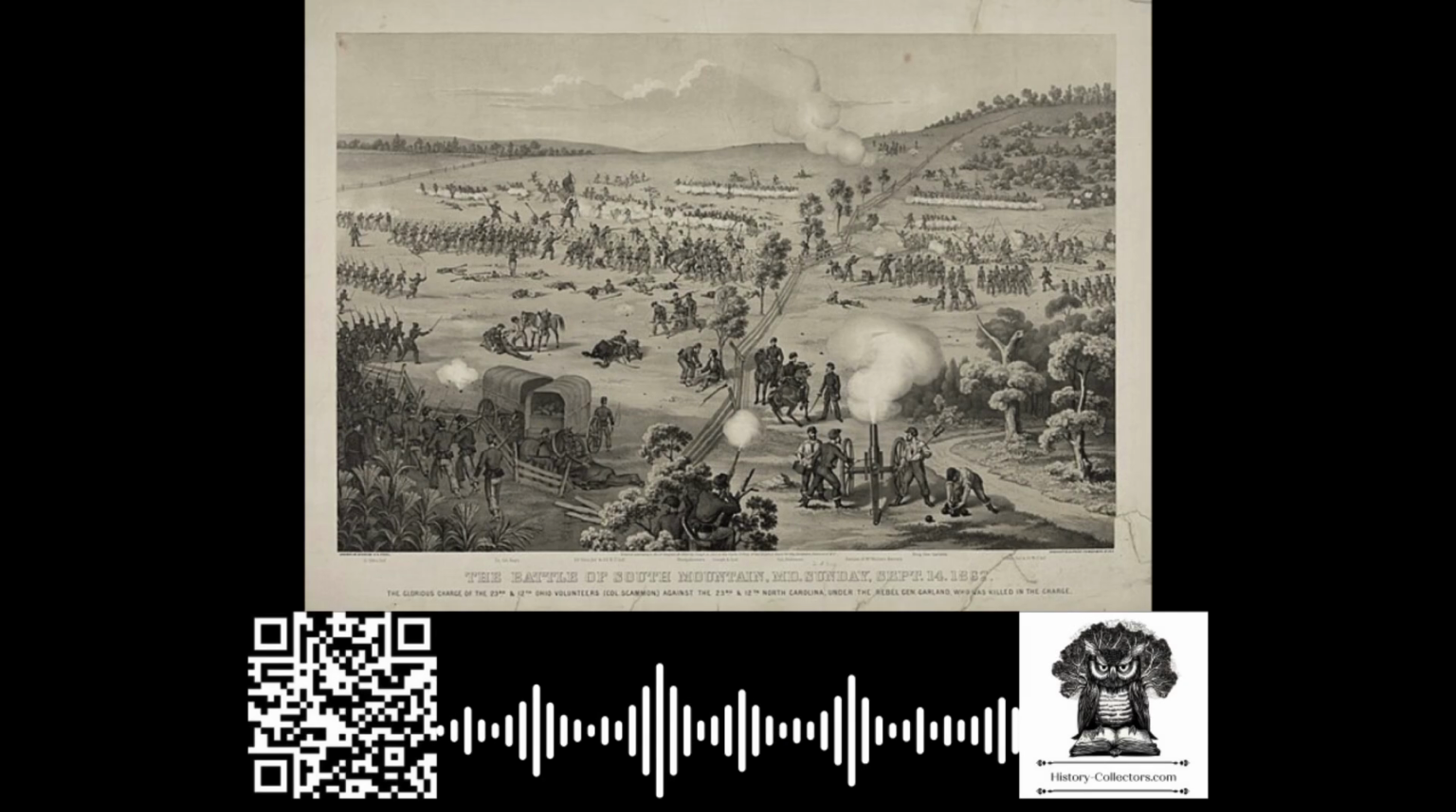September 14, 1862, South Mountain. The Battle of South Mountain was a critical engagement between the Union Army under Major General George B. McClellan and the Confederate Army under General Robert E. Lee. This battle occurred as part of Lee's first invasion of the North, known as the Maryland Campaign. The Union victory at South Mountain opened a pathway for later fighting at Antietam and marked a turning point in